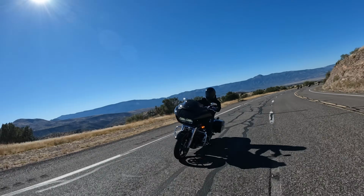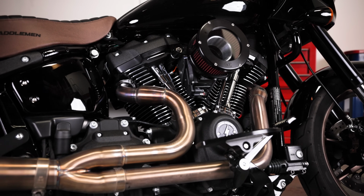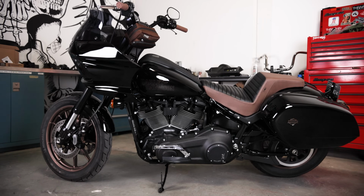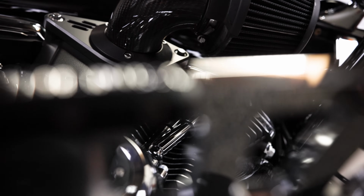So I was talking about the weight. If I look at my cheat sheets right here, the Low Rider ST is almost 120 pounds lighter, did I say? So the running weight of the Low Rider ST is 721 pounds. What's the running weight of your bike? So running weight is 855 on the bagger, but I feel like that number is a little misleading because once